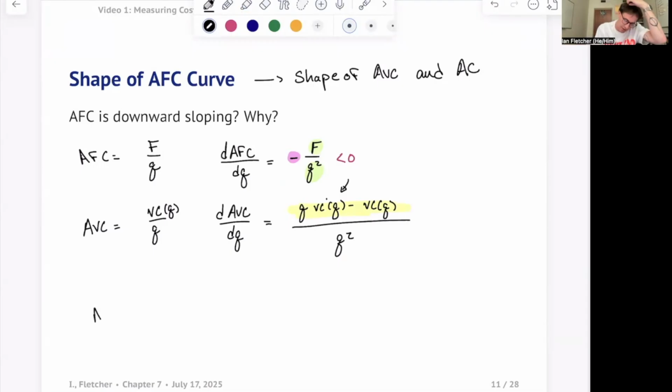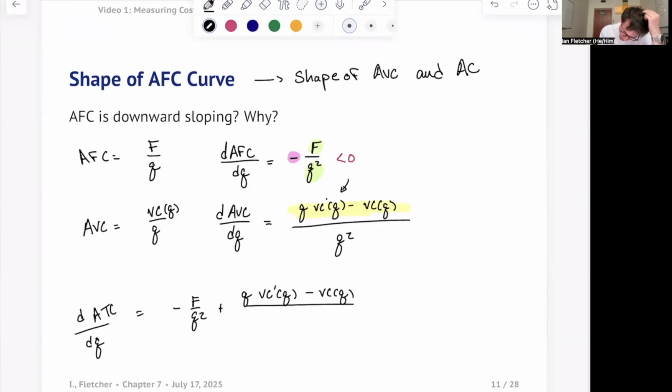And so that also means that our average total cost is just going to be this, minus F over Q squared, plus our AVC derivative over Q squared, right? And so we don't really know what direction this is. This is a fancy way of saying it could be greater than, could be less than, or equal to. Or a fancy way of saying indeterminate